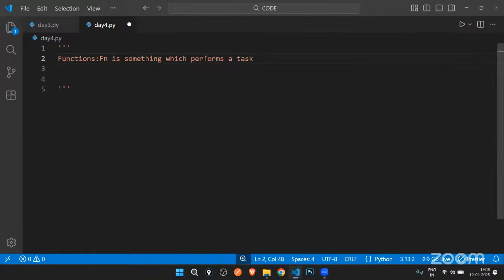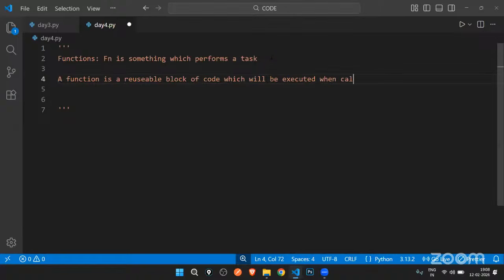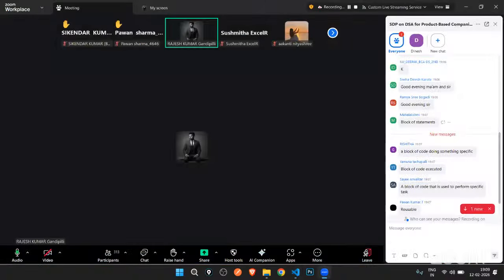For the technical definition, a function is a reusable block of code which will be executed when called upon. When you call the function, whatever block of code you have written there will be executed. The main objective here is to reuse the same block of code. That's what a function is.